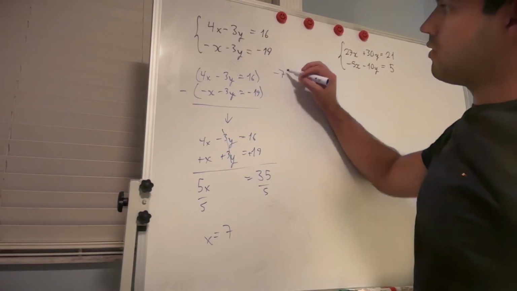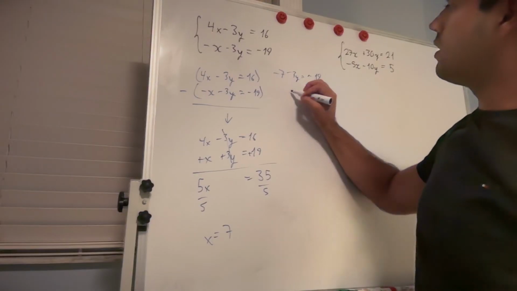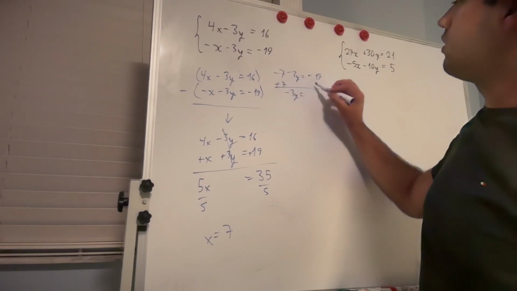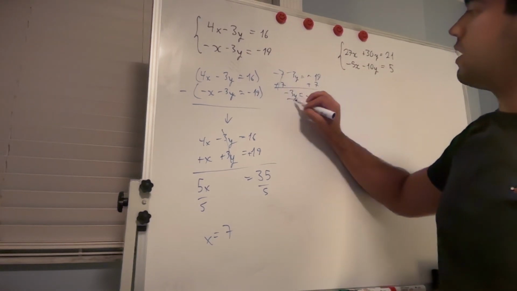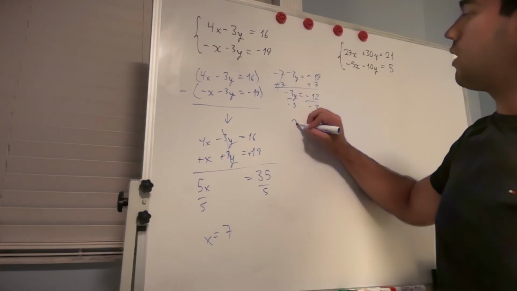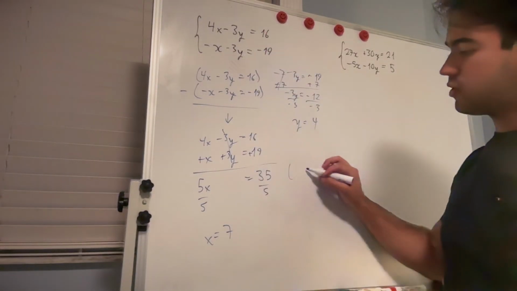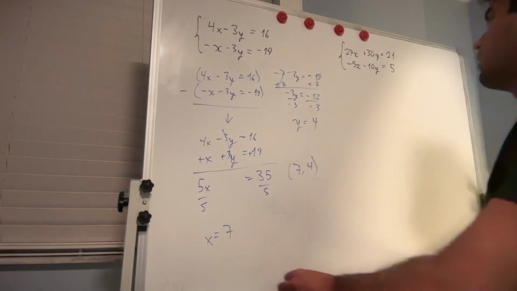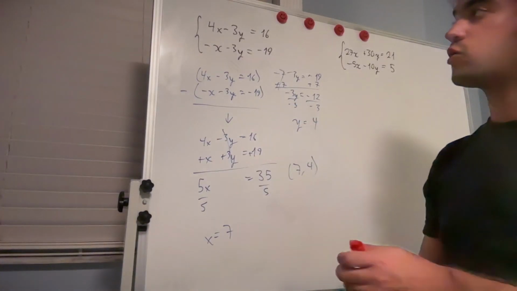7 minus 3y equals negative 19. Negative 3y, if we move the 7 to the other side, is going to equal negative 26, and then divide by negative 3, we'll get y equals 4. Meaning our final solution for this is 7, 4. So we just subtracted here. We could also add